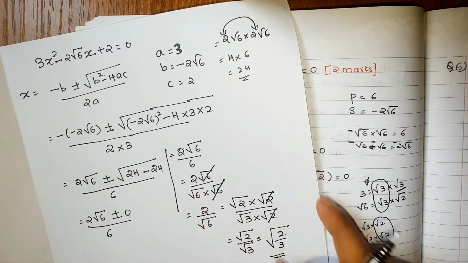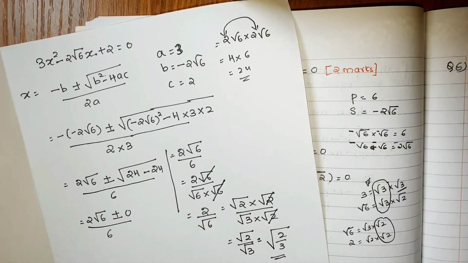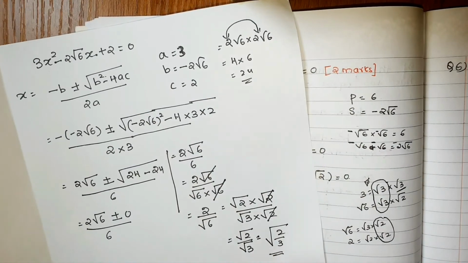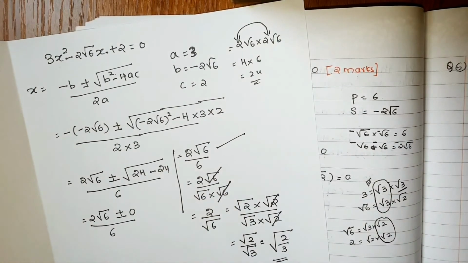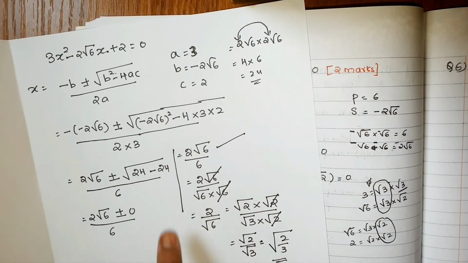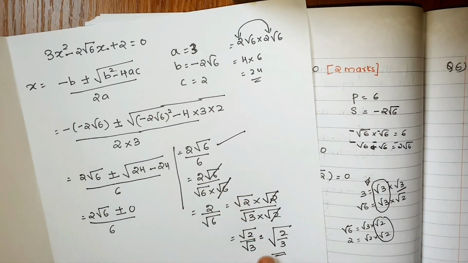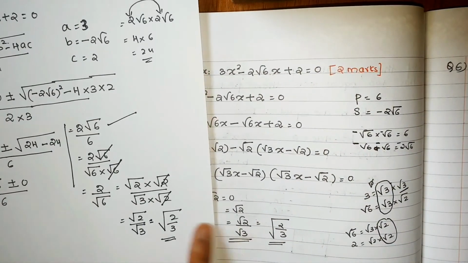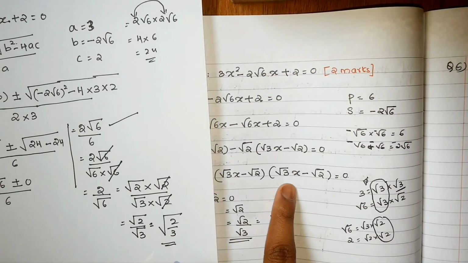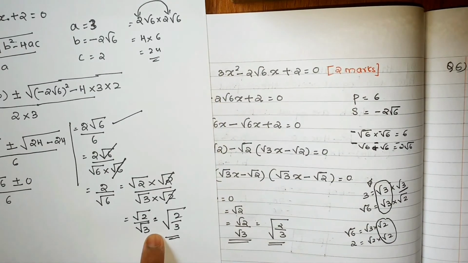We have to do some simplifications here. So root of 2 by 3 is the final answer. The earlier answer is also correct; I have simplified the particular answer and concluded with root of 2 by 3. So we are getting the same answer. Either you can follow the middle term splitting method, or this method.